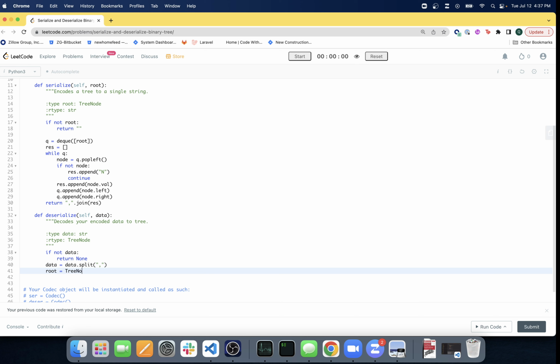So we're going to have a TreeNode with data at 0, and we're going to change this into an int, because we were changing it into a string before. Actually, we forgot